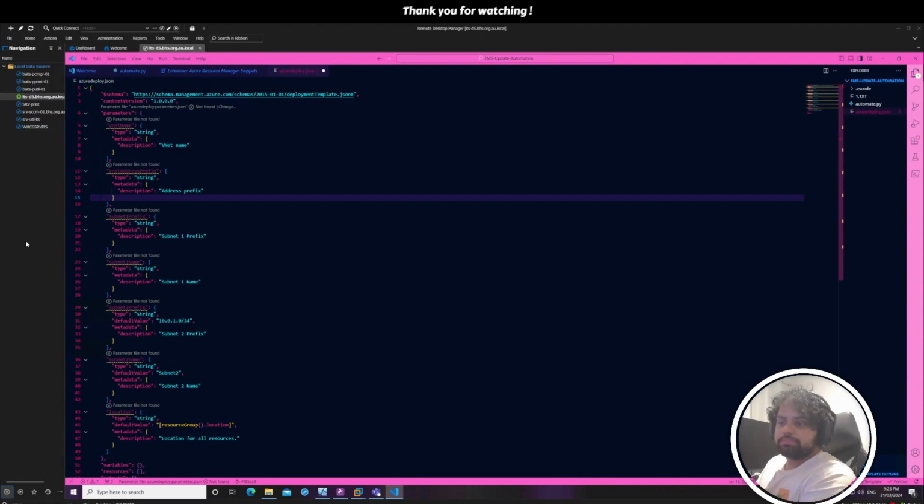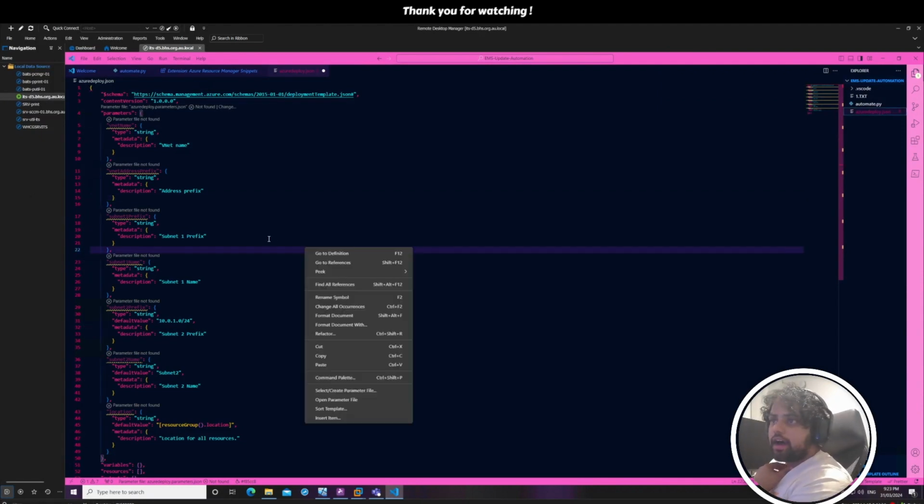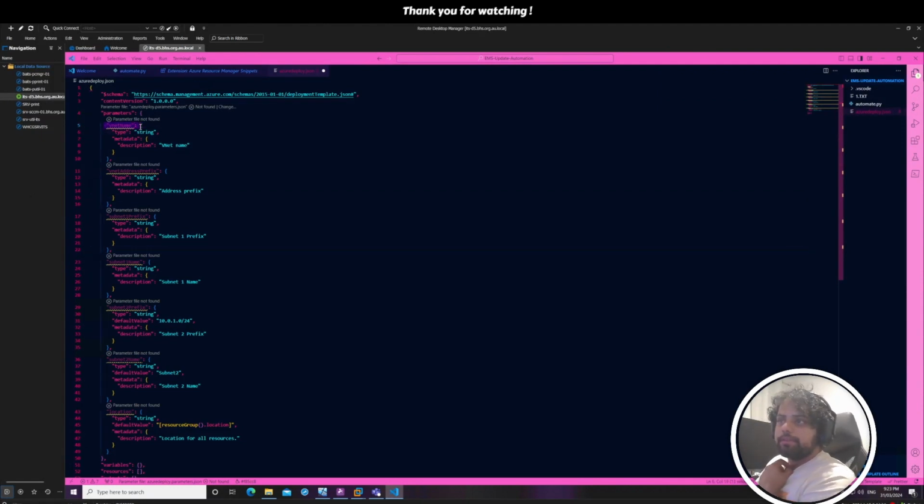Guys, welcome back. I've just popped in all of my parameters, and now you can see. In my parameter file, I have a parameter called vnet name, and this is the name of my vnet, and the type is a string. The metadata is just so that I can add some description to this, and I'm just putting the description as vnet name. The second parameter is the address prefix for the vnet, and this also is of type